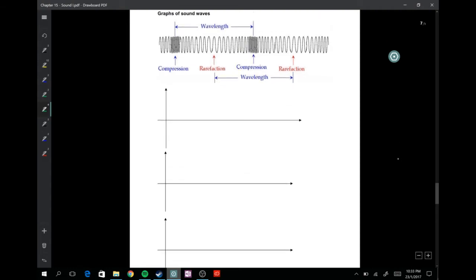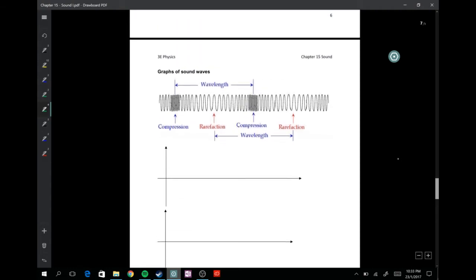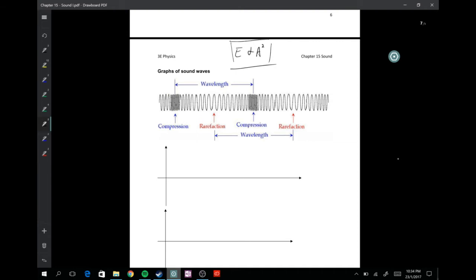Now I want you all to note this idea, that the energy is actually directly proportional to the amplitude square. This is a mathematical relation for waves, and in particular not only for sound wave but also for EM waves, for light waves, for water ripples, for man-made waves. This is true that we see an association of energy and the amplitude square. So this is the idea. Energy is directly proportional to the amplitude square.